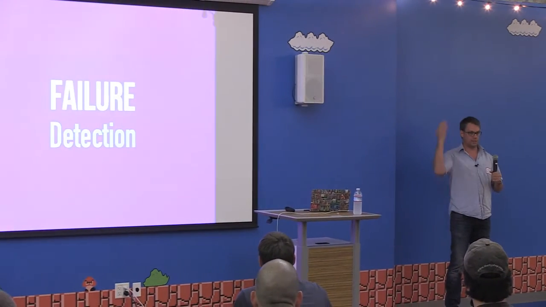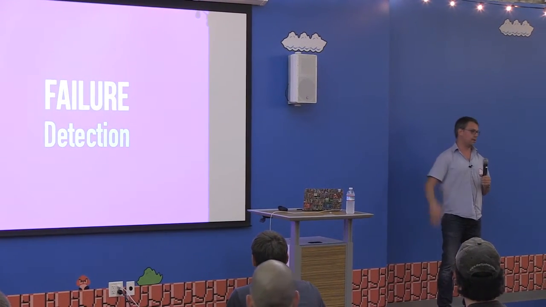So I'm optimistic. Failure detection is another thing, and as I said, there's really no way of knowing if a node is down, I mean dead, or if it's just doing GC, if it's Java, or if it's just a temporary network split somehow.